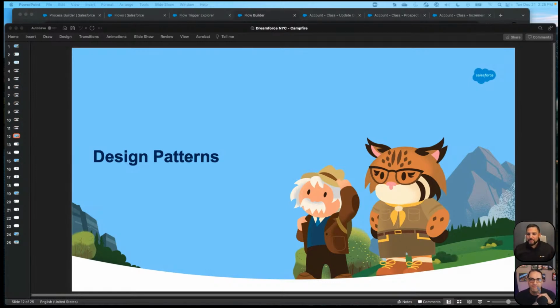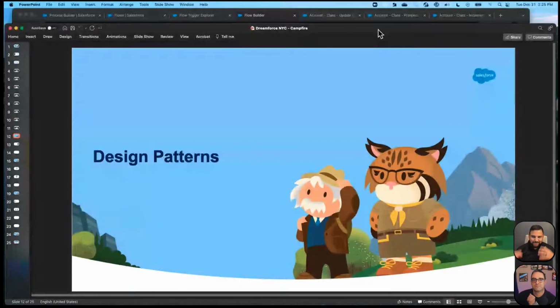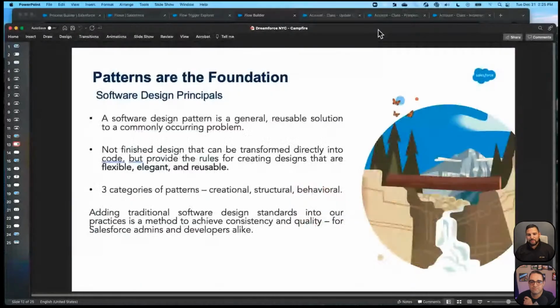Everything that we do with Process Builder and with Flow and even with Apex, and actually everything that we do inside of software design implementation is grounded in design patterns. This sounds like a really high-minded concept, but we're going to bring it down into what we do here and how we function as admins and designers and architects and consultants.